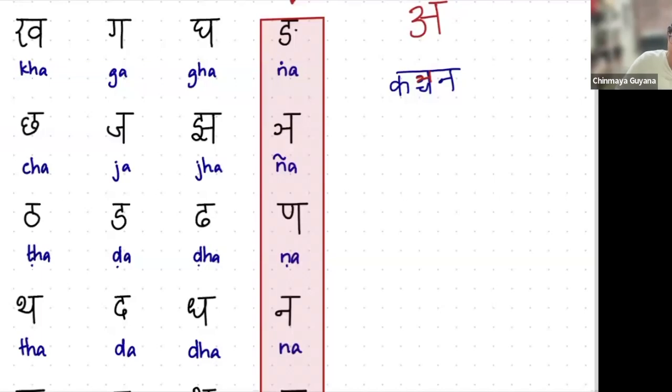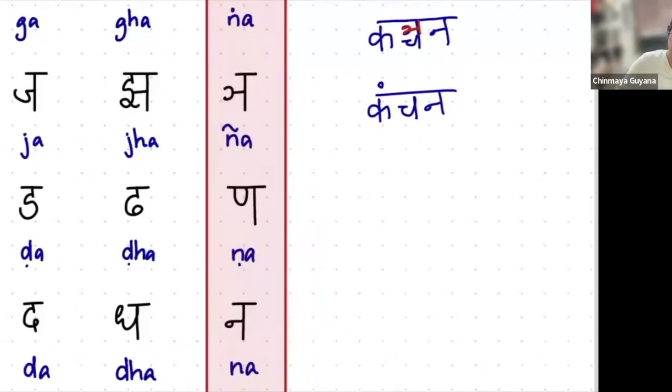This word can also be written kanchana. Meaning that any of the nasals can be written as a dot in the middle of the word. And it is not something hard to figure out which sound it is making, because naturally the mouth will form that. For example, if you see this word,